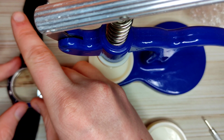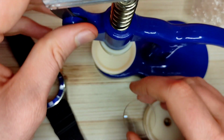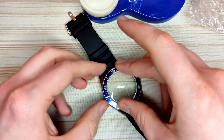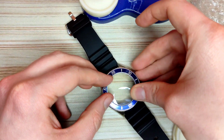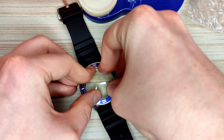And then to pop the new sapphire in, just make sure it's in correctly, in the right way, of course. I've gone for a domed sapphire crystal with blue anti-reflective coating to match the bezel and the dial. I just had a bit of trouble getting this one to sit into the actual case of the watch, but once you get it in, just give it a quick press with your fingers to make sure that it's down